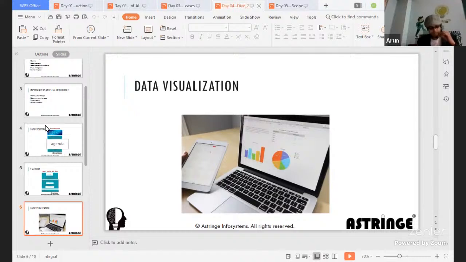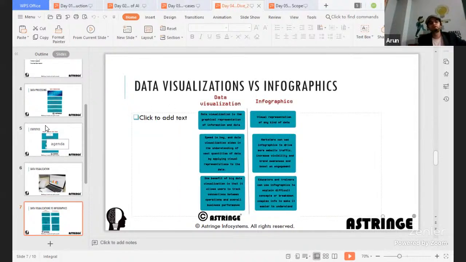Also, in data visualization there are multiple things. It could be pure data visualization, or it could be something called infographics, where you visualize the data and see whether that data could be storyboarded or not, meaning it could be brought into a story form. If the same data could be modified into a story format, then it becomes an infographic, meaning information in a graphical format.